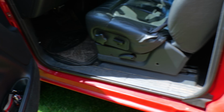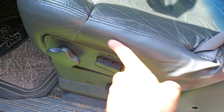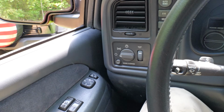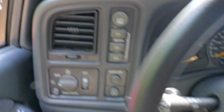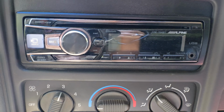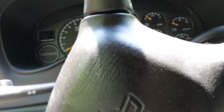Like all the latches and stuff. So, we got leather. It's not even cracked right here. Oh yeah. Man, this thing is nice. 4x4 up here. Yeah, it's even got the cassette player right here. I put an aftermarket head unit in here not long ago, but let's crank it up and see how it